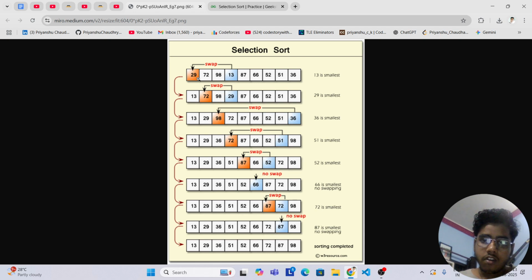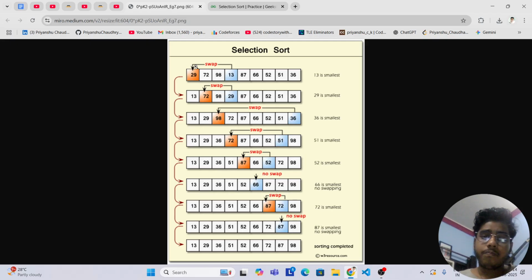So here we can see there is an array, and there are different elements in the array, and what we have to do is to sort this array with the help of selection sort. So what we will be doing here, we have to keep in mind the statement: find the minimum and swap.